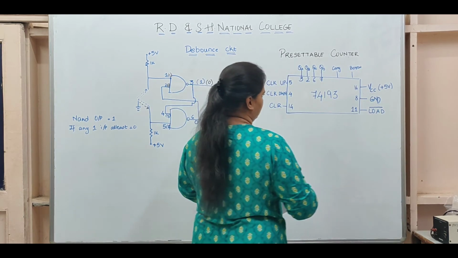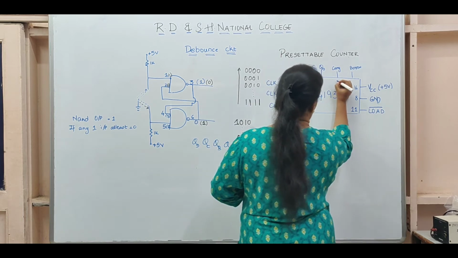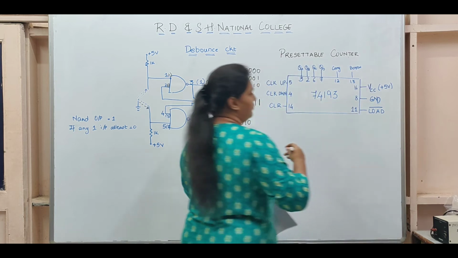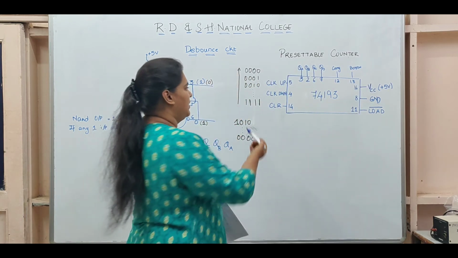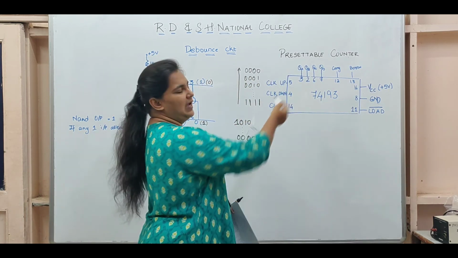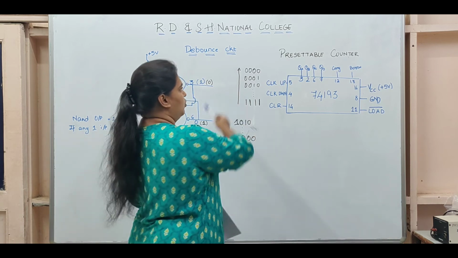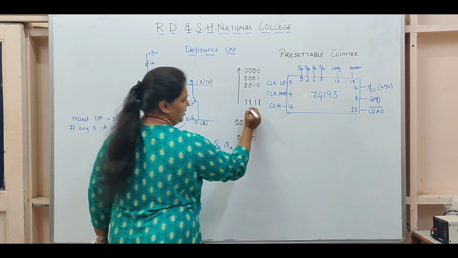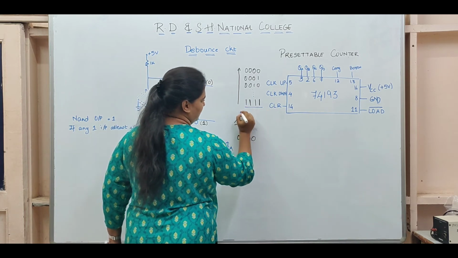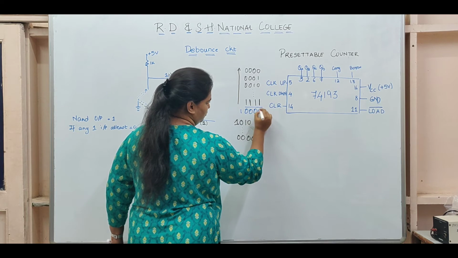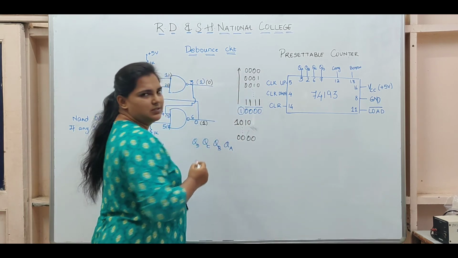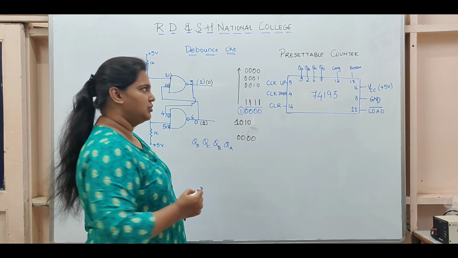So carry bit is pin number 12 and borrow is pin number 13. If you are doing up count and you go beyond 1111, the carry bit will come high and you will go back again from 0000. Like if I add 1 to this state, what I get is 1 followed by 0000. That is why the carry bit will come high and the readings will start again from 0000.